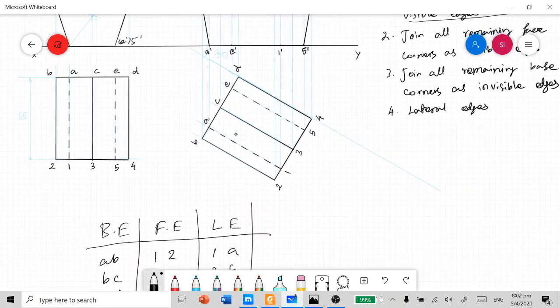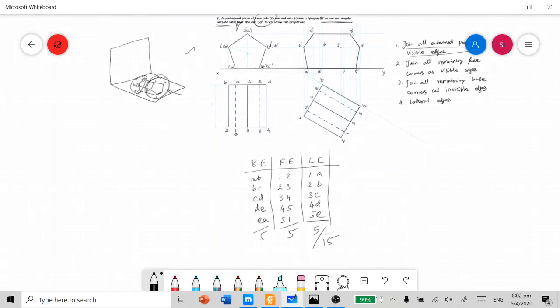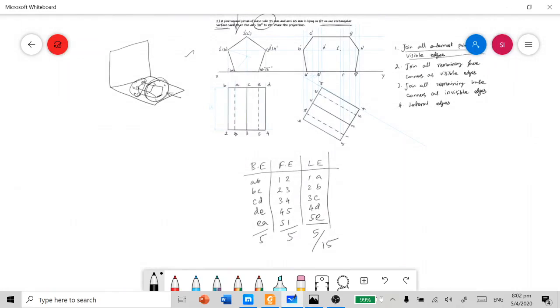Now just see what all the edges got joined. In the base edges, we joined the edges AB, BC, and EA, and in the face edges we joined 3 4, 4 5, and 5 1, and in the lateral edges we joined 3C, 5E and 1A.